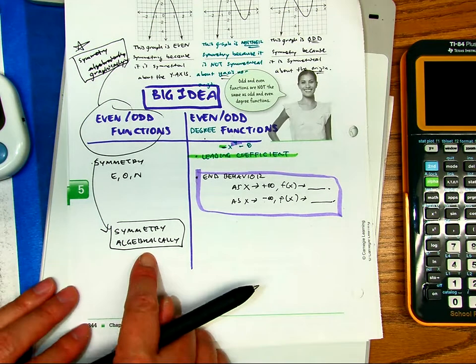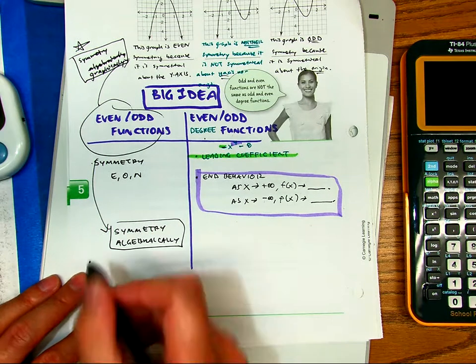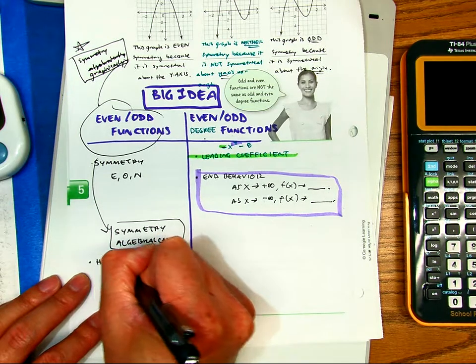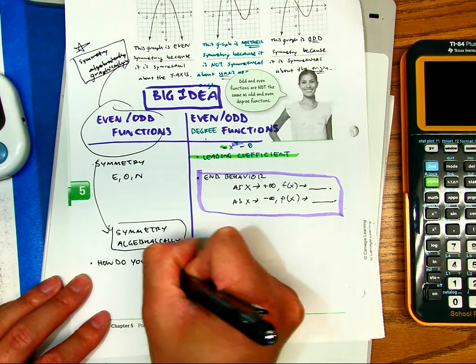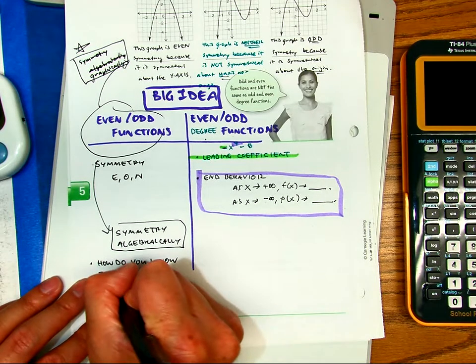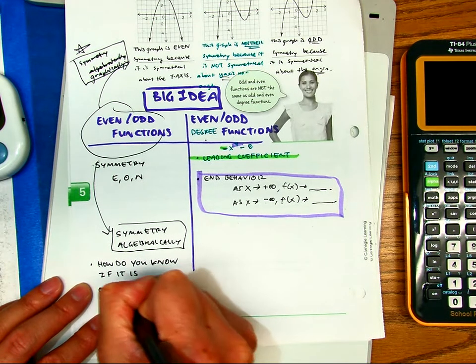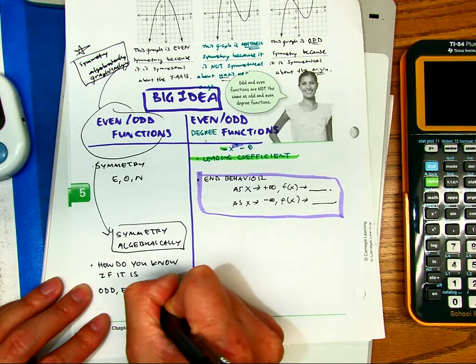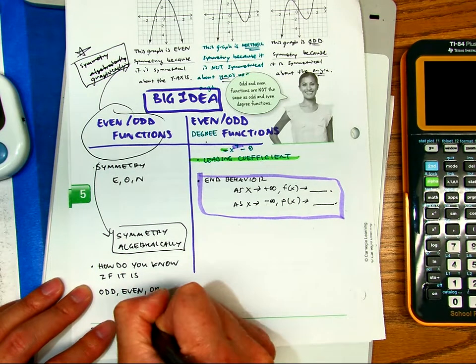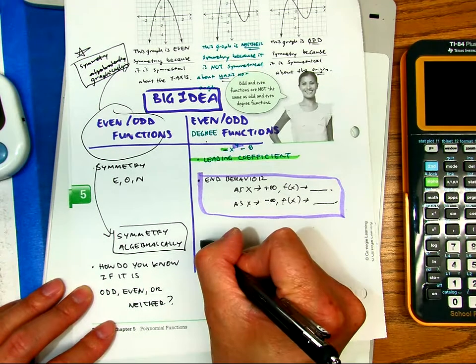So let's write down some steps. If I gave you a polynomial, the question is, how do you know if it is odd, even, or neither? And the answer is